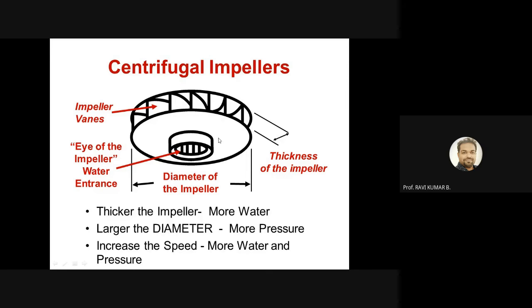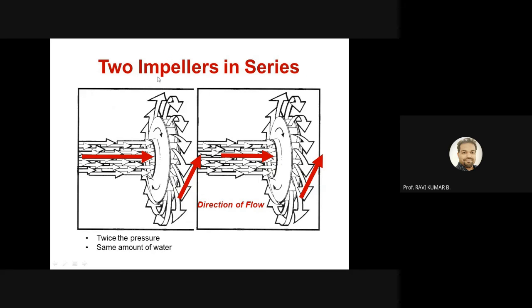So that means if you are increasing the size of it, the larger the size, the larger the pressure that can be generated. But there is a limitation on it. You cannot go beyond the threshold value of the diameter of the impeller and the thickness of the impeller. So sometimes two impellers will be acting in series. If you are attaching two, additional pressure will rise. So we can say twice the pressure rise, and the same amount of water will be entering. The water quantity will be the same, but the pressure rise can be doubled if you are going for two.